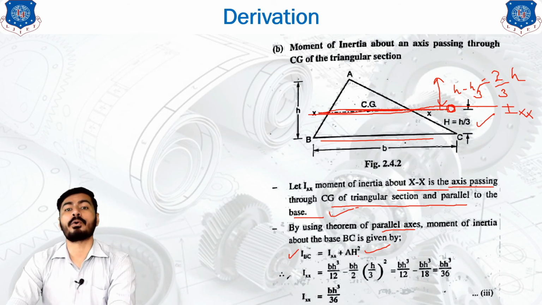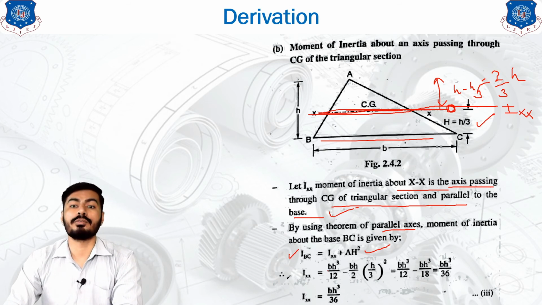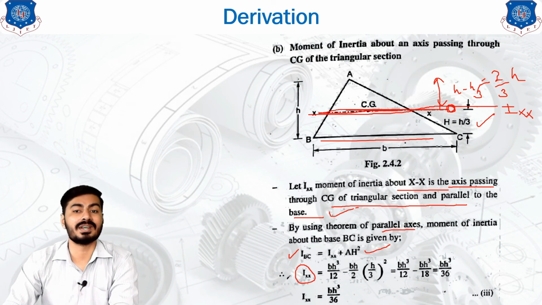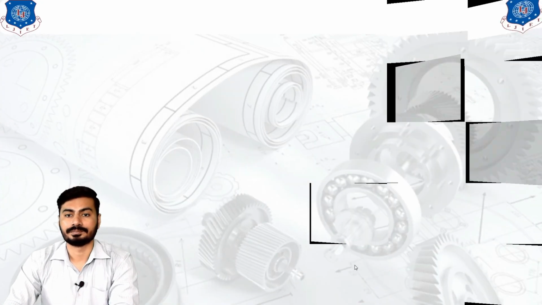That is our formula for the parallel axis theorem. Now we apply the basic formula of IBC that we have already seen in the previous slide, and make IXX the subject. So the IBC formula is bh cube by 12 from the previous slide, and h square